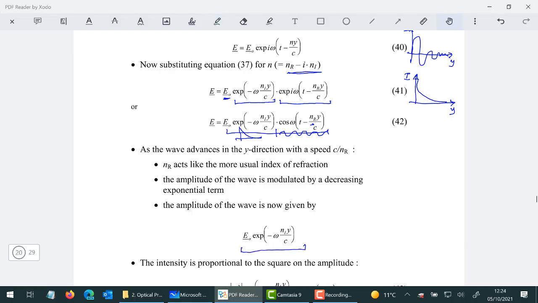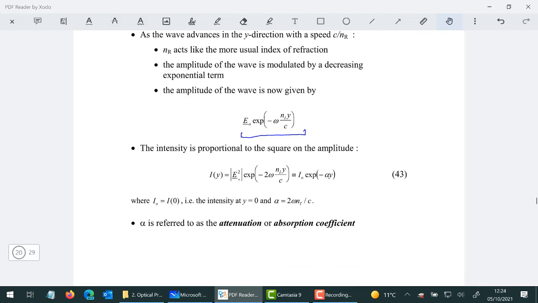And as I say, because the intensity is proportional to the square of the amplitude, we have an expression for the intensity given here. And what we're going to do is take all these terms, the 2, the omega, the n_i, and the c, and lump them all together into one constant called alpha. And that alpha will be called the attenuation